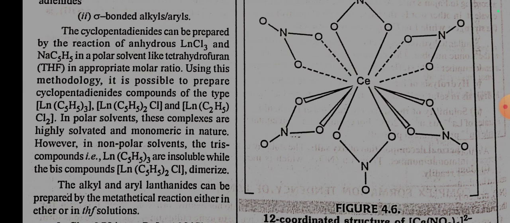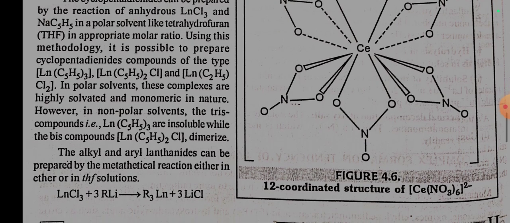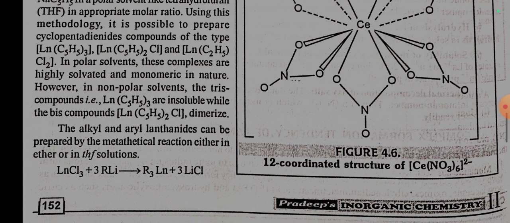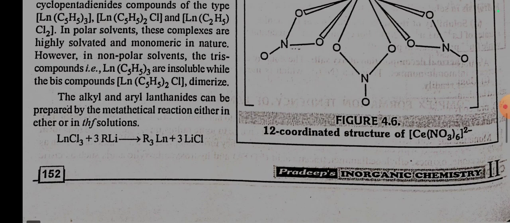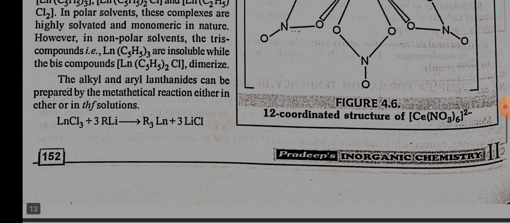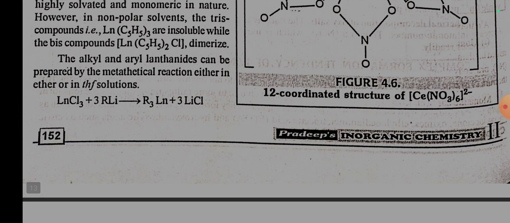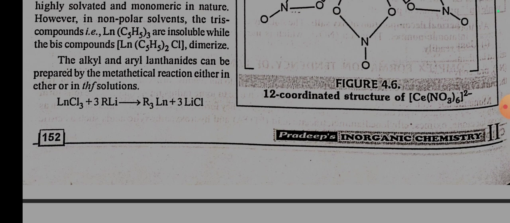solvent like tetrahydrofuran in appropriate molar ratio. Using this methodology, it is possible to prepare cyclopentadienide compounds of the type Ln(C5H5)3, Ln(C5H5)2Cl, and Ln(C5H5)Cl2. In polar solvents, these complexes are highly solvated and monomeric in nature. However, in non-polar solvents, the tris compounds, that is Ln(C5H5)3, are insoluble, while the bis compounds Ln(C5H5)2Cl dimerize. The alkyl and aryl lanthanides can be prepared by the metathesis reaction in THF